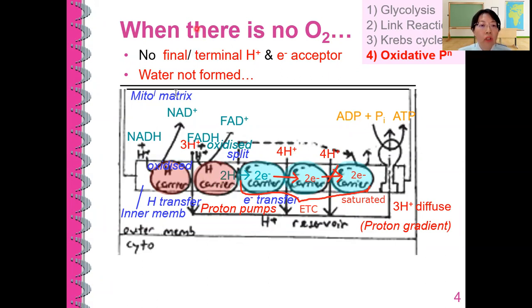So another 2 hydrogen atoms here will also be unable to be transferred to the next hydrogen carrier because it's already saturated. So because of that, eventually these 2 hydrogen,